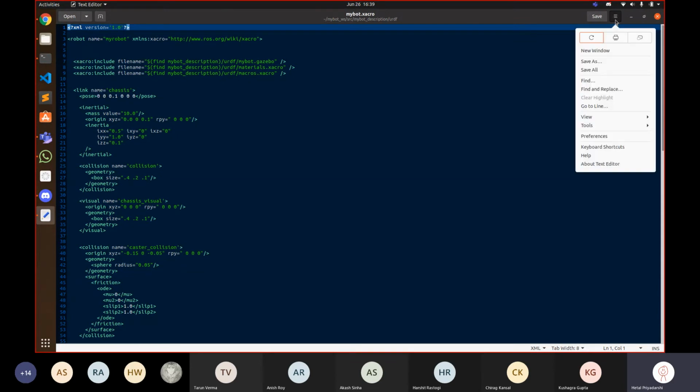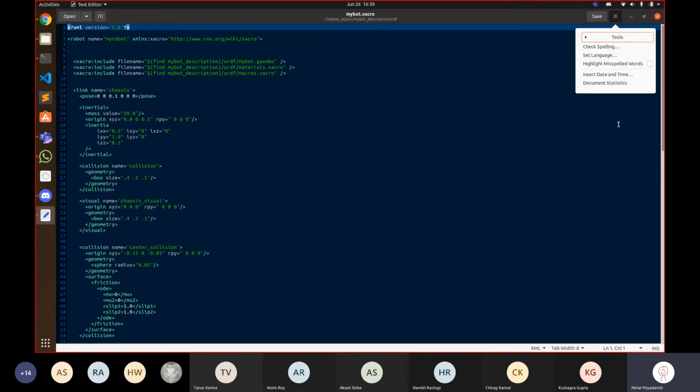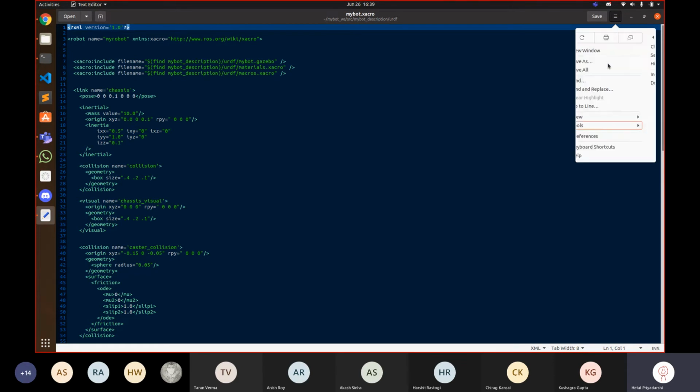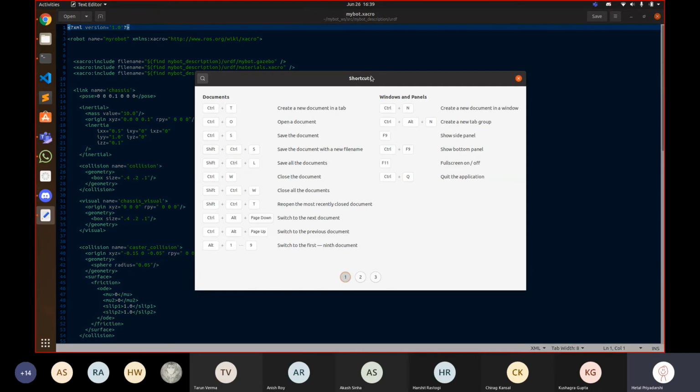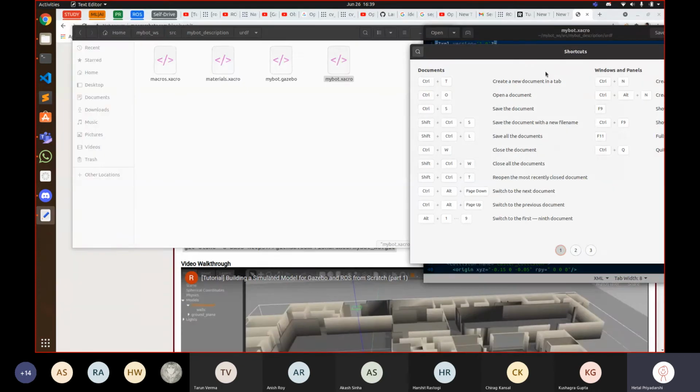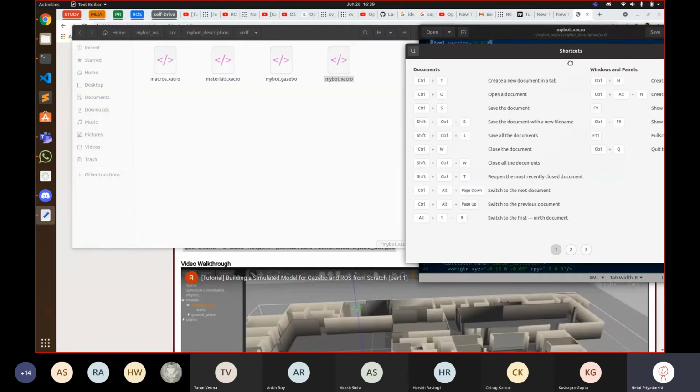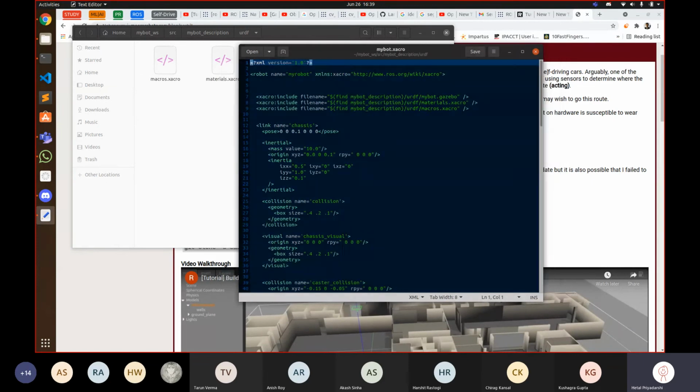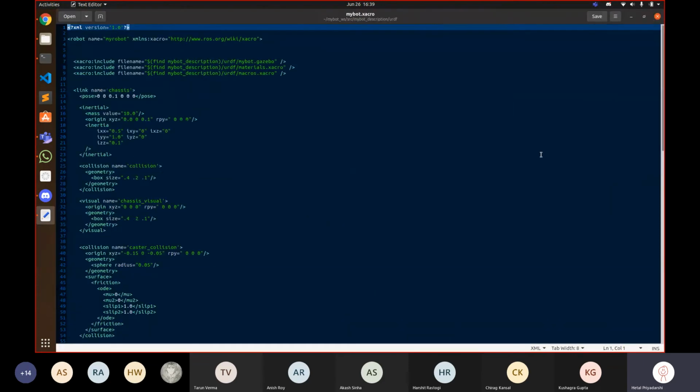I don't know if you've used XML or not, but I think you'll have used HTML, so it's pretty similar. In a robot, you have links and joints. Joints define how a particular link will move. Say you have a robot with four wheels and one cube body.